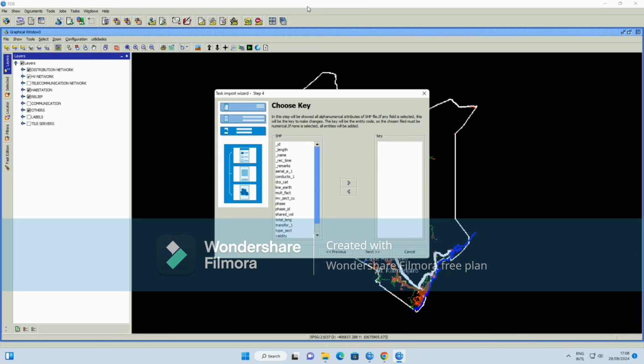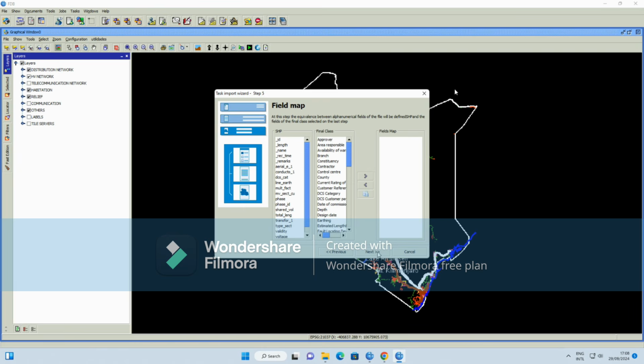Skip to step 5, which is mapping the attributes of your data with the attribute names available in FDB so that it can be stored. So DCS cat will match it with DCS category. DCS cat is how DCS category is named in our data, but DCS category is how it is actually named in FDB. So this step is very important. If you fumble in this step,